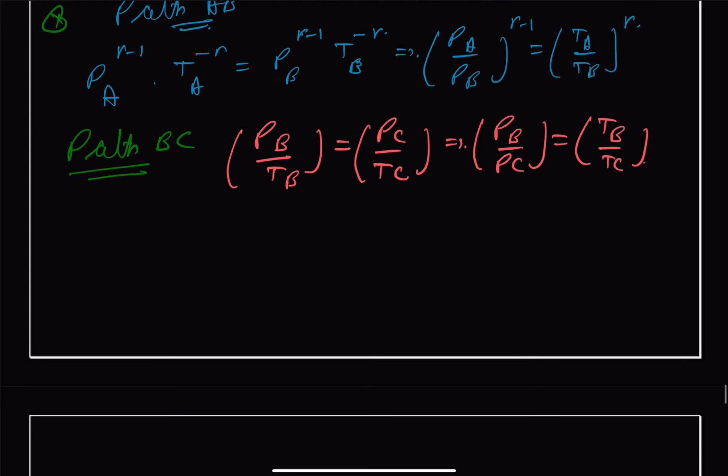Now we come to path CD. Path CD, we can write that PD upon TB gamma minus 1 will be equal to